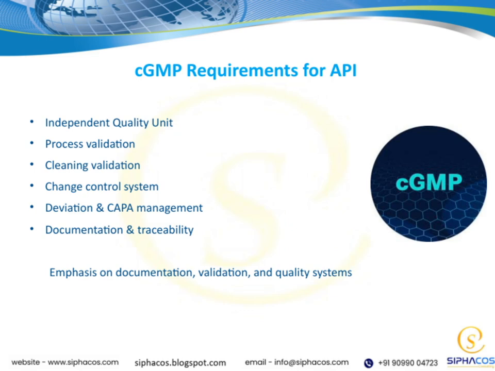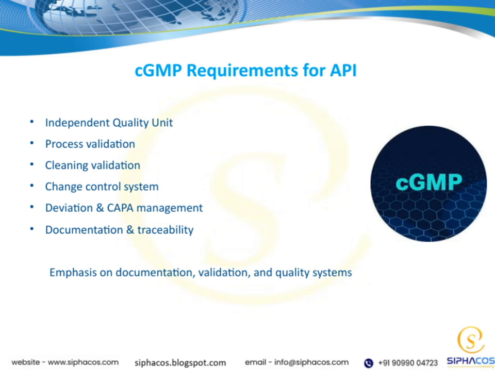Finally, documentation and traceability underpin everything. Accurate, complete records ensure we can trace every step of production, which is crucial for regulatory compliance and maintaining product integrity. Overall, these elements, validation, documentation, and strong quality systems, are the backbone of cGMP compliance, helping us deliver safe,